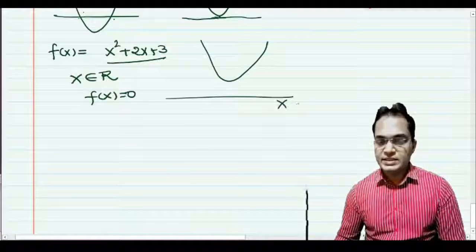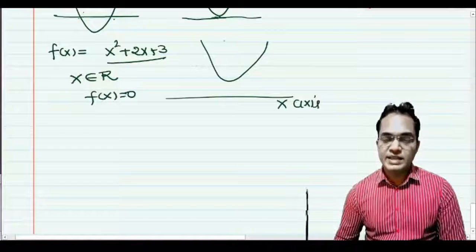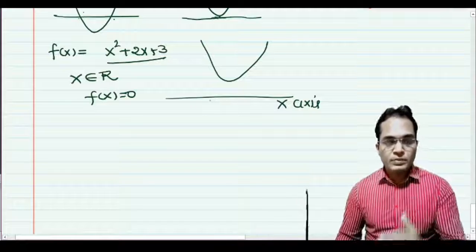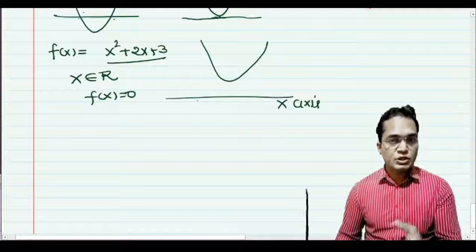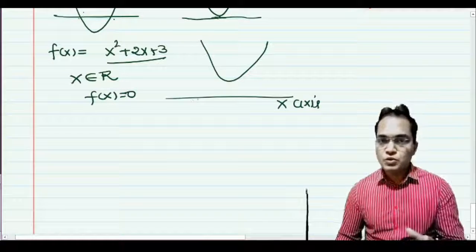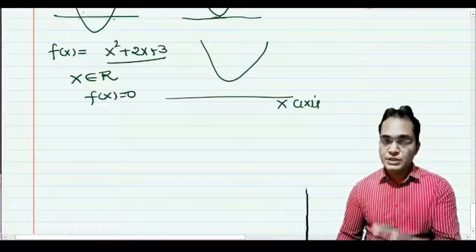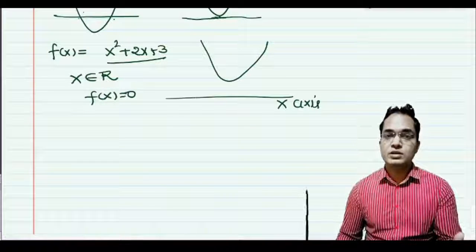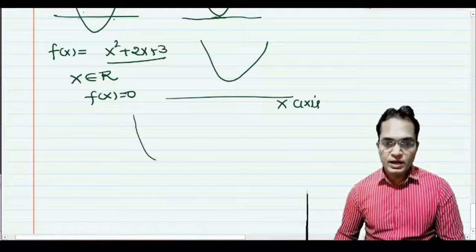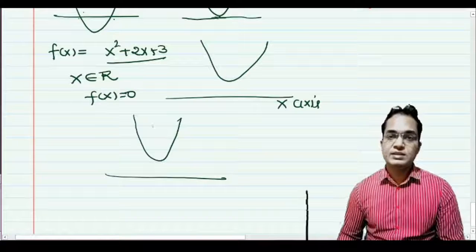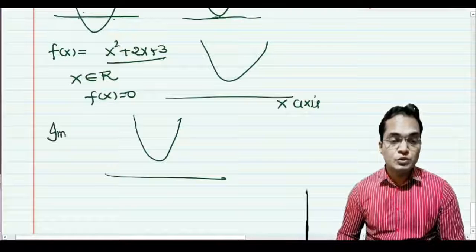It means the x-axis now never cuts the graph. The parabola is this side and the x-axis is below the parabola. Because if the x-axis cuts, then roots appear, zeros appear, but there is no zero because there is no such x at that point where f(x) is 0. Then how can we plot? Understand? We can plot like this. It means above the parabola, the downside is the x-axis. It is the graph of, you can say, imaginary zeros.